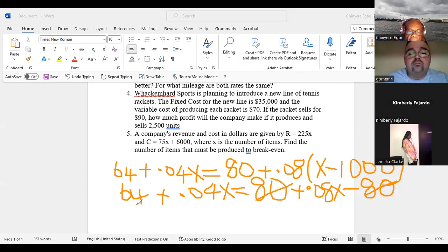And so now we have this 0.04 here. See this 0.04, right? Okay, so we move 0.04 to the other side of the equality sign. So when you move it to the other side, it becomes that